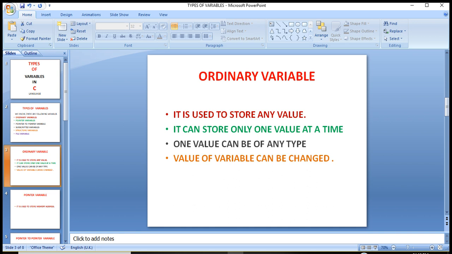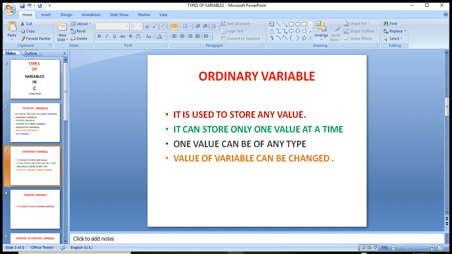The name we give for a variable is kept as a memory cell name. So simply, an ordinary variable is a variable which is used to store any value, one value at a time.